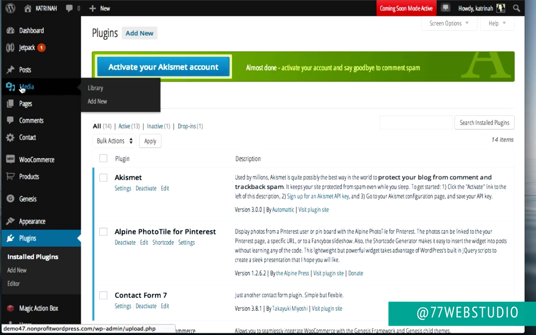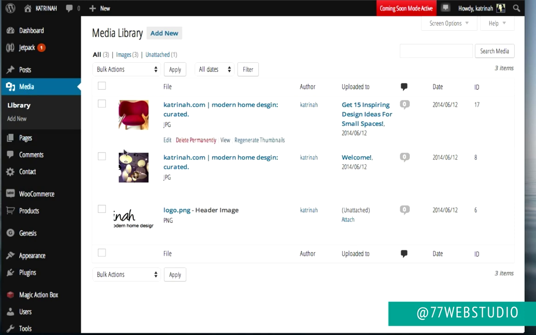Next up, I'm going to go to my media library right here by clicking on Media. And then the two images that I do want to regenerate, this chair and these lights, because both of these will be included as products in my store. So I'm going to click on both of these. Then I'm going to come up to the top and click on Regenerate Thumbnails, and then I'm going to click on Apply.